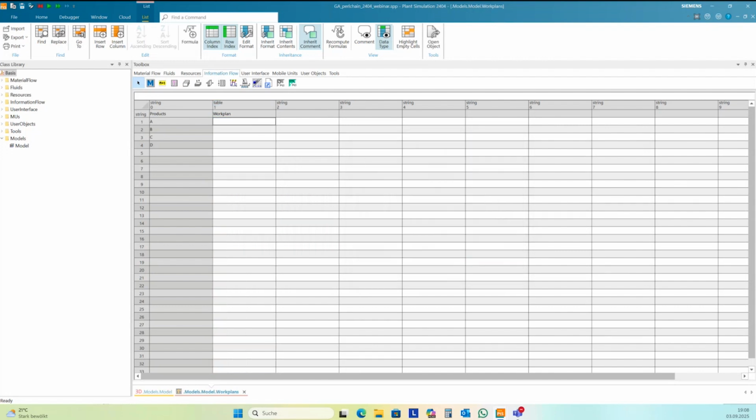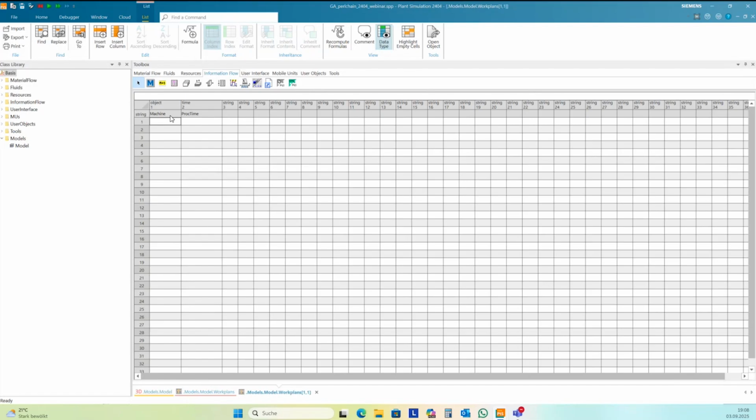And now I can create work plans. My product A should be processed on M1, M3, M4, and at the end it goes to train, and proc time is 1 minute, 3 minutes, and 1 minute.